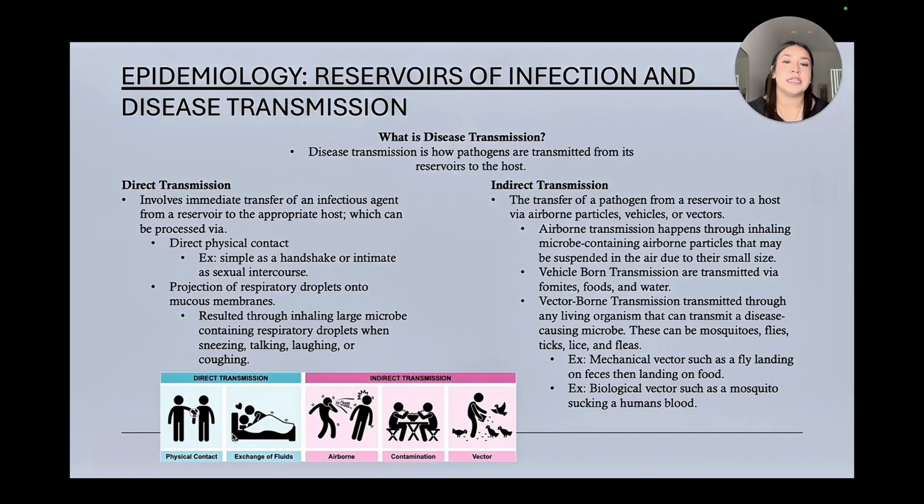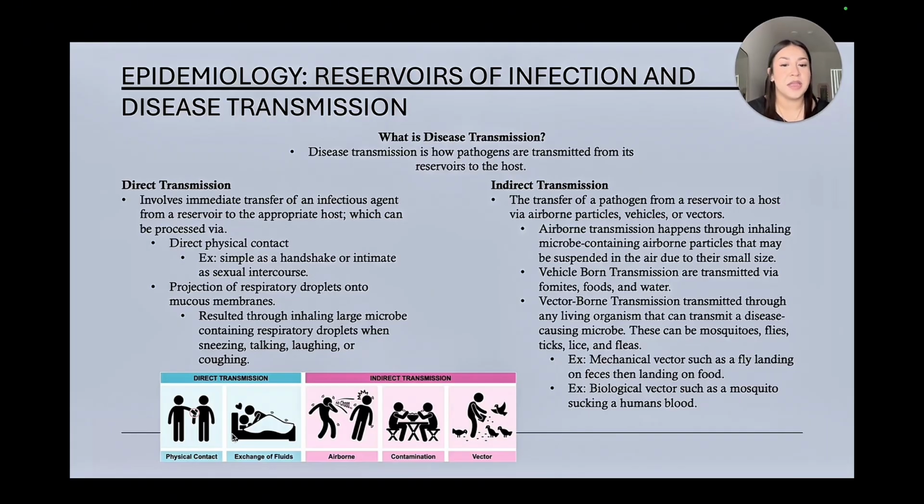Indirect transmission is the transfer of a pathogen from a reservoir to a host via airborne particles, vehicles, or vectors. Airborne transmission happens through inhaling microbe-containing airborne particles that may be suspended in the air due to their small size. So vehicle-borne transmissions are transmitted via fomites, foods, and water. Vector-borne transmissions are transmitted through any living organism that can transmit a disease-causing microbe, like flies, ticks,